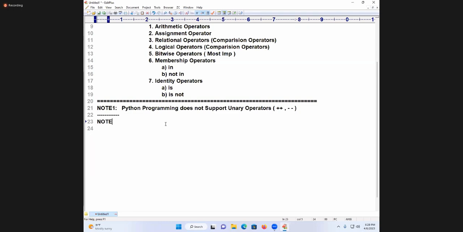Note number 2. Python programming does not support